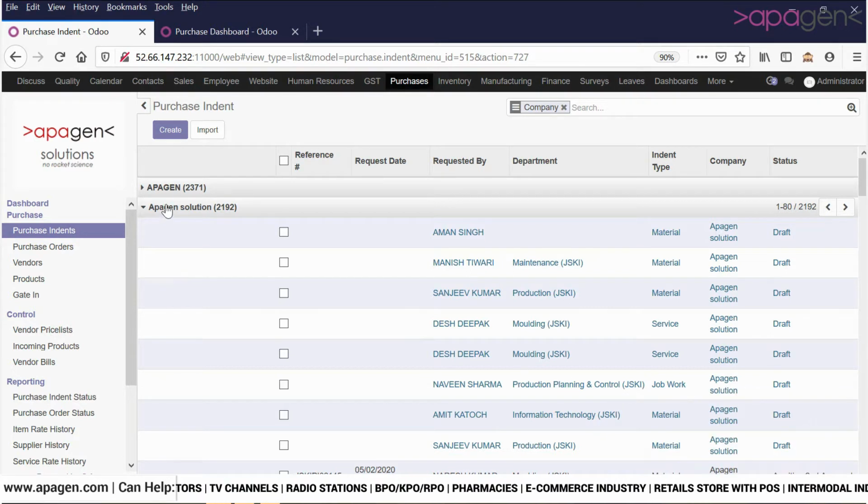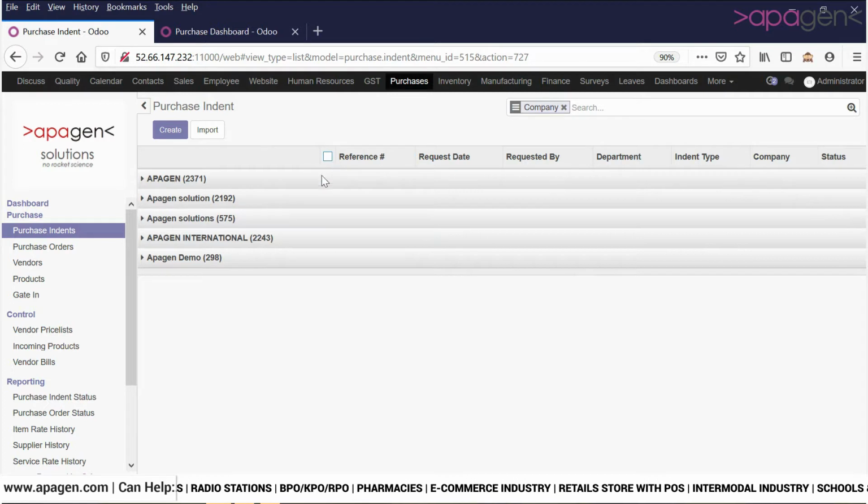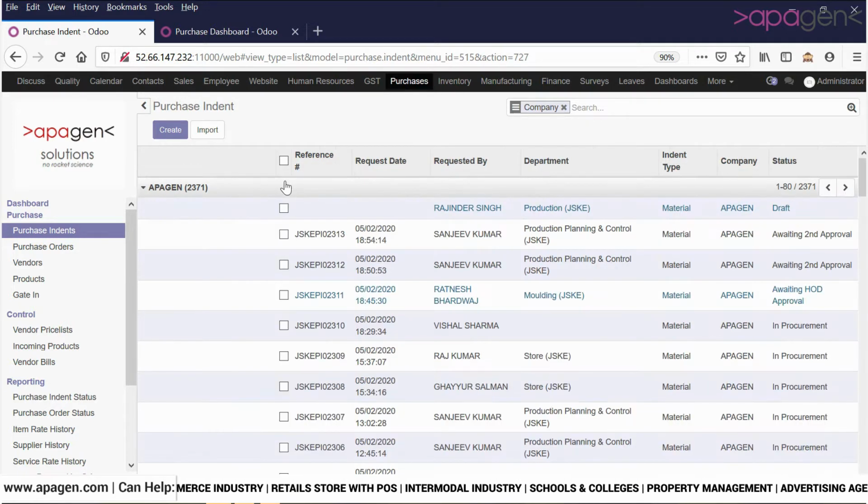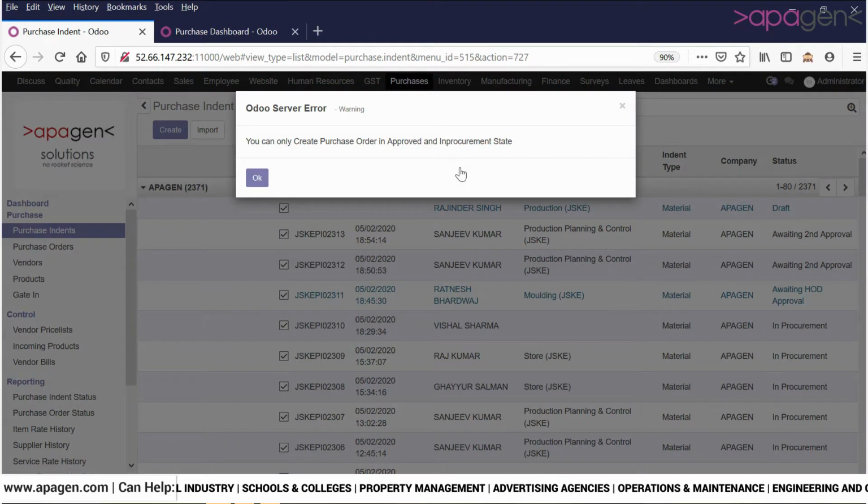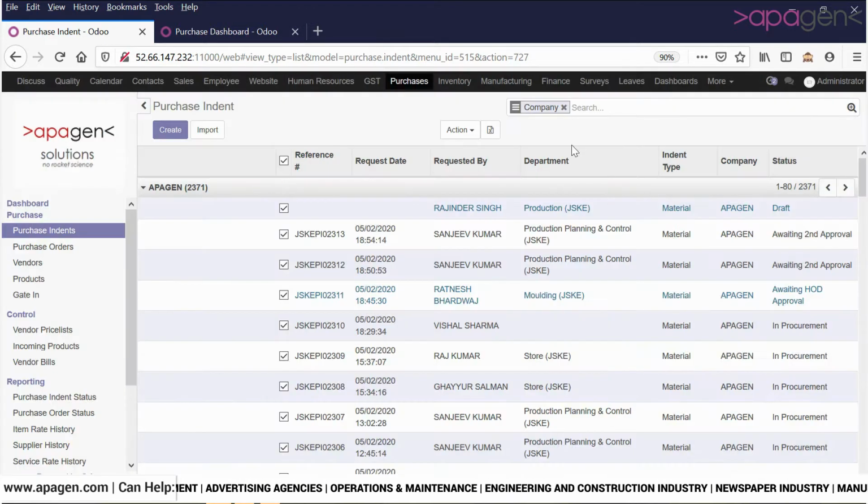Let's take an example. I have an option to generate PO from here. It gives me a warning that I can only purchase in approved and in procurement states, so I can use a filter.